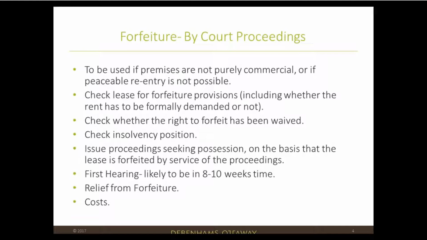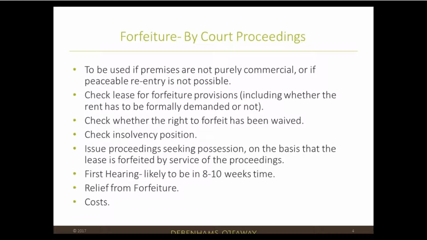Then, instead of instructing the enforcement agent, you would issue court proceedings seeking possession of the property on the basis that the service of the proceedings forfeits the lease. That doesn't mean, however, that once the proceedings are served, the landlord gets the property back immediately. The claim gets served on the tenant, who has an opportunity to put in a defence, and you will have a hearing in about 8 to 10 weeks' time after the claim is issued, at which point, if everything goes smoothly, the court will give you an order for possession, and only then can you re-enter the